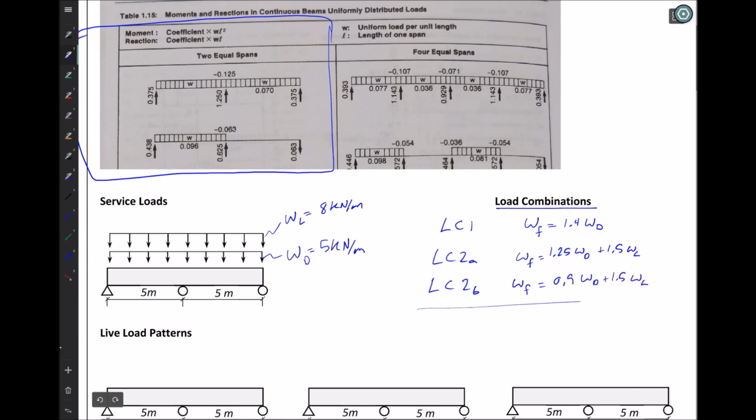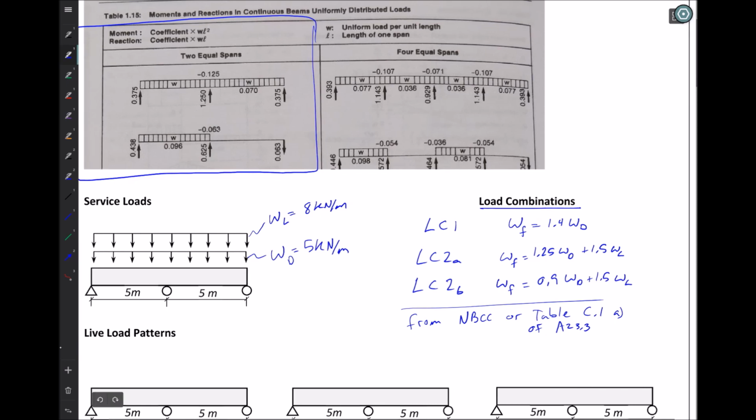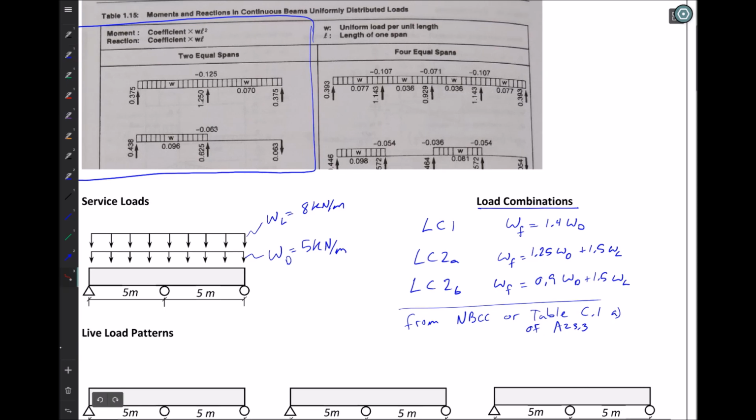And all of these we can find in the National Building Code of Canada or in table C1A of the concrete standard A23.3, which is the front of the handbook, the brown pages within the handbook. Now, if we look at that table, we'll see some other stuff within this. There would be companion loads over here for snow and wind and things like that. And then there would be load combination 3, 4, and 5 that would deal with different principal loads instead of the live load. There would be a principal load for snow, principal load for wind, and then there would be